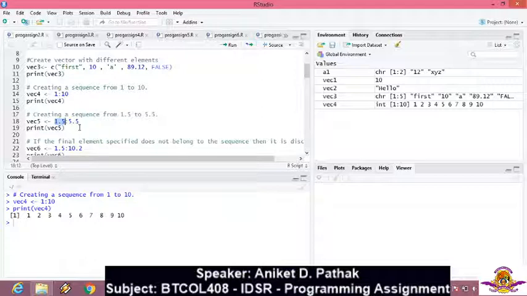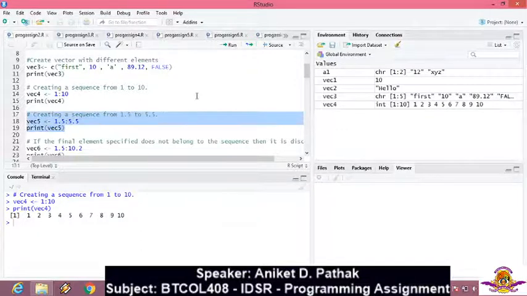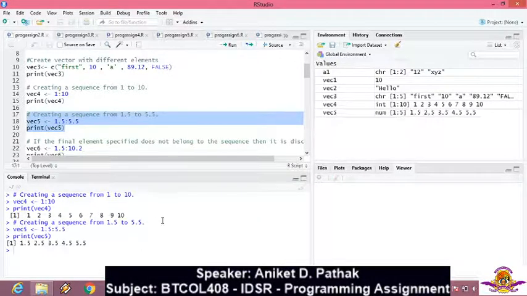Definitely your next value should be 2.5 and not 2. Let's see whether it happens. Executing it, the first value is 1.5, the second value is 2.5, 3.5, 4.5 and 5.5. As it is not a constant integer value, the type over here has changed to num, that is the numeric constant.